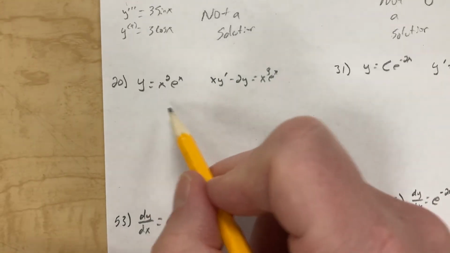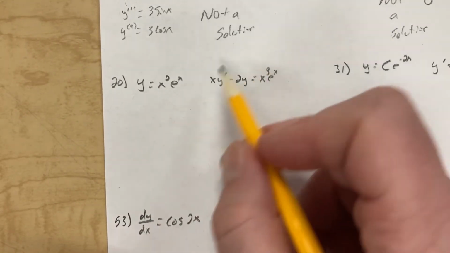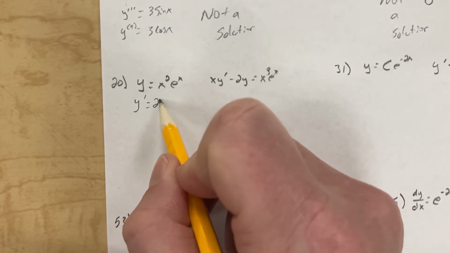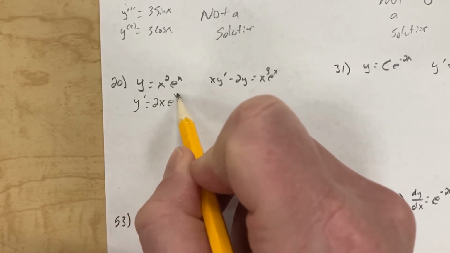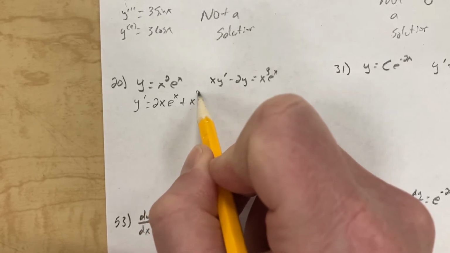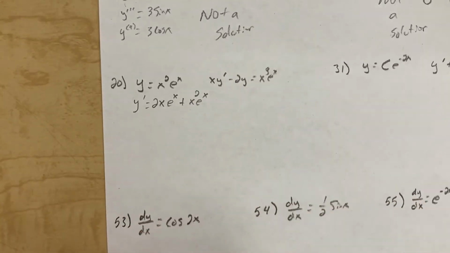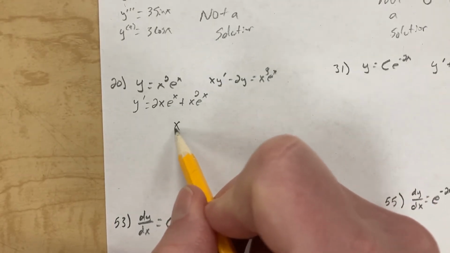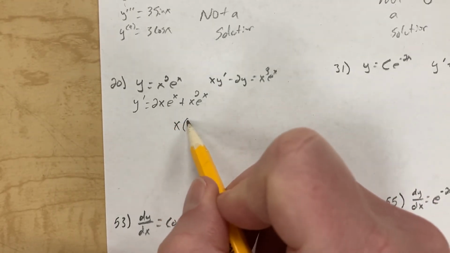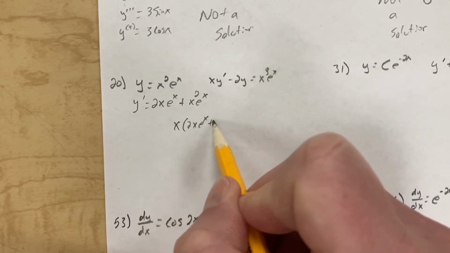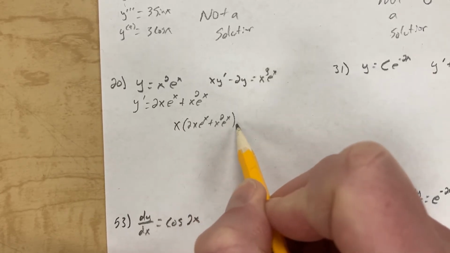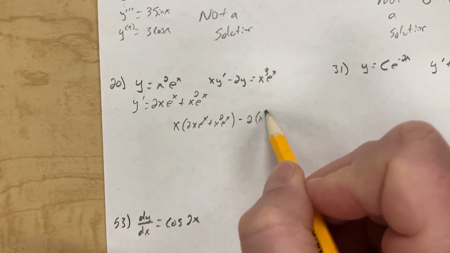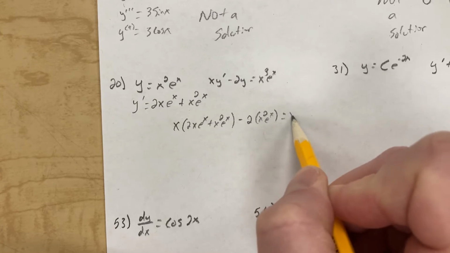But now for 20, we're looking at this one and asking, does this actually work here? So if I take the derivative, this is a product rule. So it's derivative of x squared, leave e to the x alone, plus now leave x squared alone, times derivative of e to the x, which is still e to the x. Okay, so now I have x times y prime, so x times 2x e to the x, plus x squared e to the x, okay, minus 2 times y, which is x squared e to the x, equals x cubed